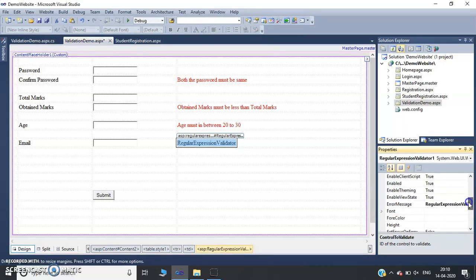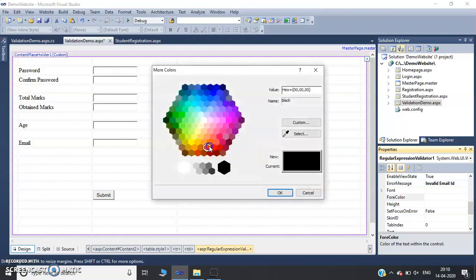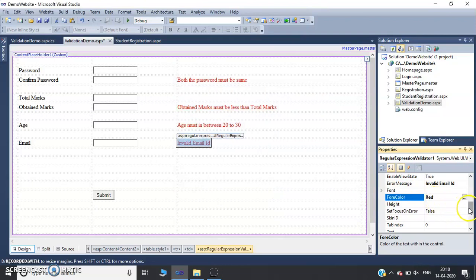Second property, error message, so write a specific error message, invalid email id. Then third property is for color, change it to color red. And the most important property for this validator is validation expression. So initially we'll just apply for email id.